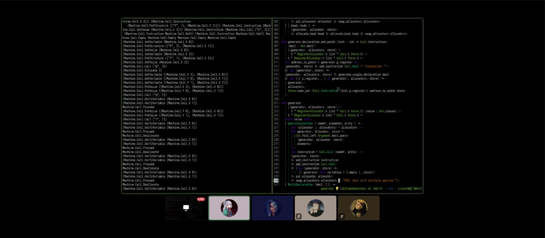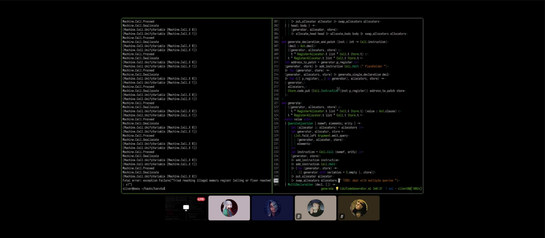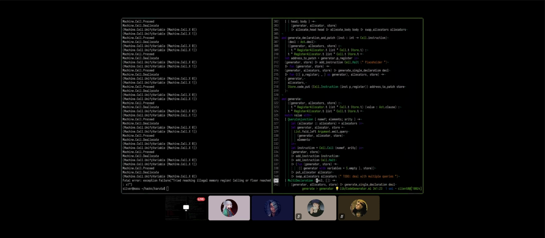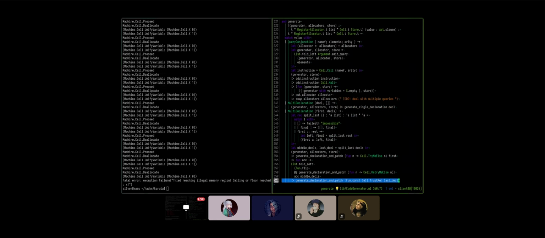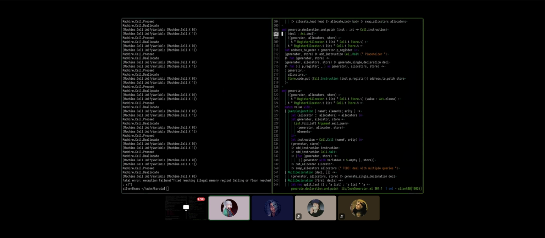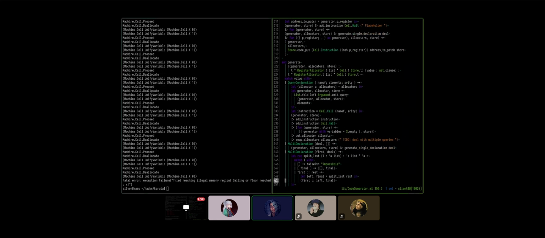That shouldn't make a difference. And well, at first glance, it doesn't seem to be the case. Yeah, we can go back to the empty list. That's fine. There's one thing though. It shouldn't affect this program because we don't have any actual multiple declarations here. Yeah, that's the L3 program.